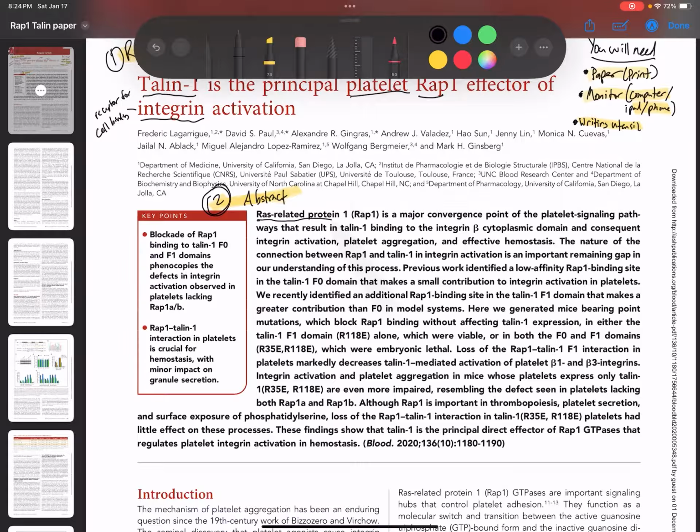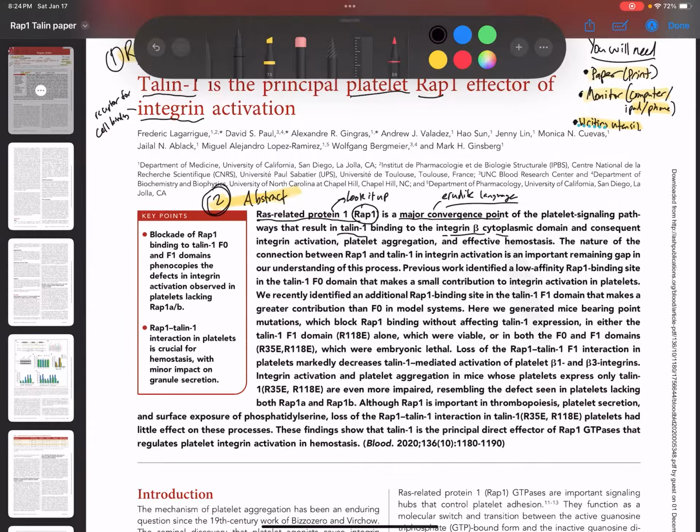So it's a RAS-related protein. That's what RAP1 stands for. Look it up. The editor and I couldn't help but note some of the word choices in this abstract, so you're going to see me do a little bit of marking up here. I say erudite language because there are better ways to say that. You are trying to get everything into the abstract all at once. Of the platelet signaling pathway that results in Talin 1, again, we looked that up earlier,